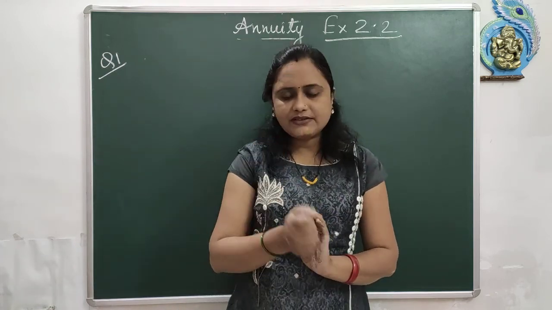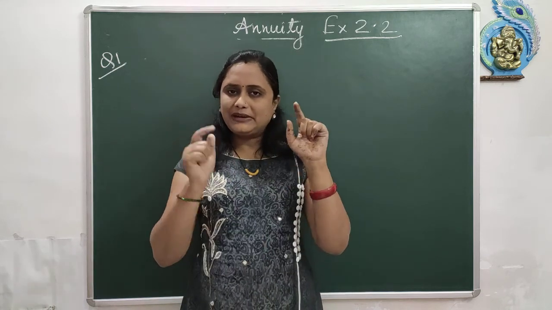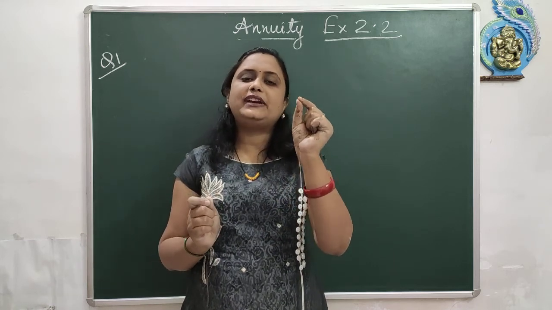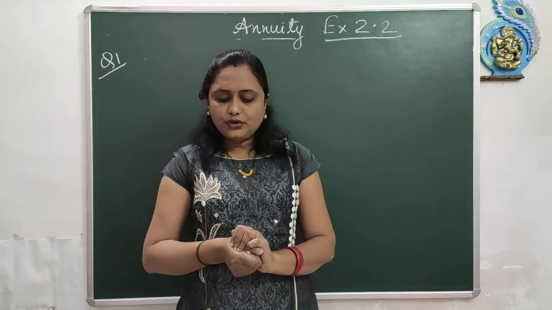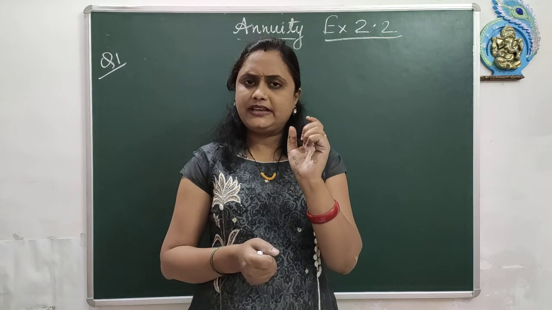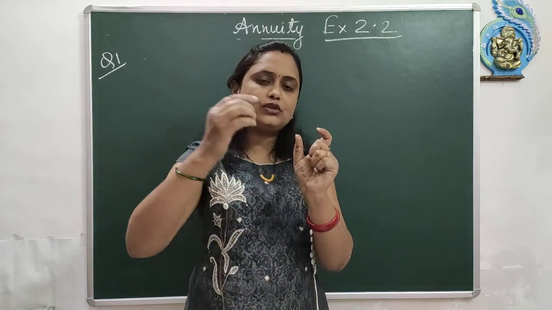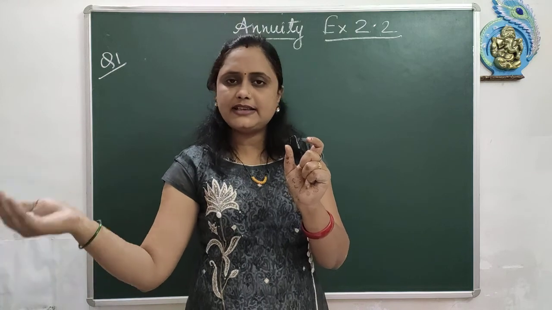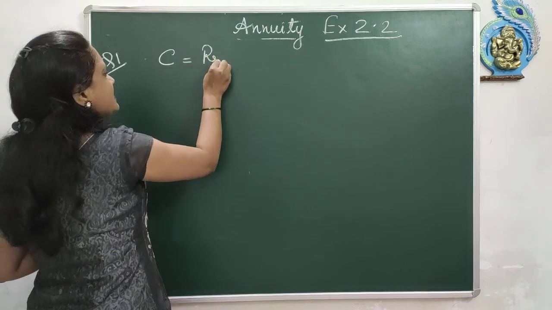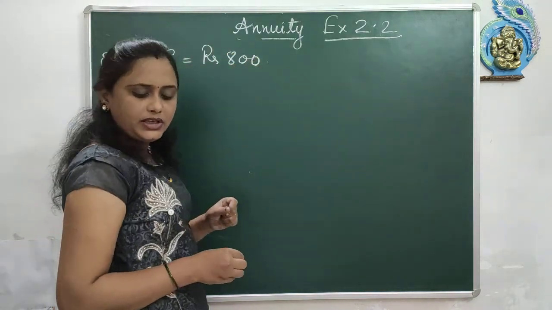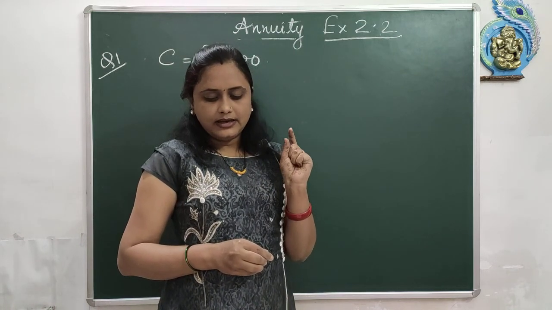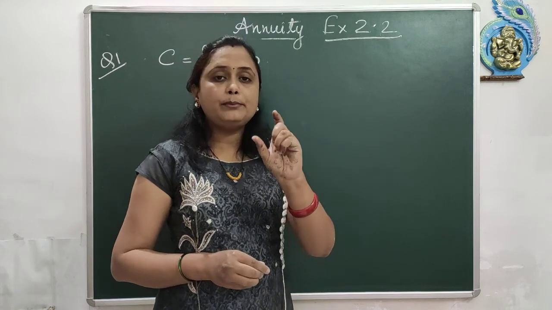Okay, what is given in question number 1? Find the accumulated value, in brackets it is given future value. So either accumulated or future will be given, and you have to understand that you have to find A. An annuity of rupees 800, that means this is the cash flow. I have explained what an annuity is: a payment made at every regular interval of time. So C is rupees 800. Then for 3 years at interest rate 8% compounded annually.